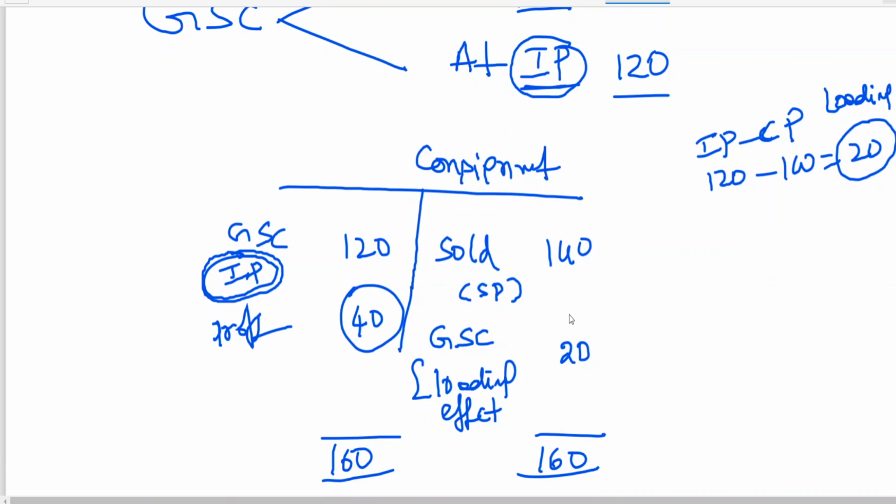Now the second thing is that this loading effect is also to be removed on the closing stock. So we need to remove the loading effect on two things. One is closing stock, the other one is goods sent on consignment. But at the time of sending the goods, to have a uniform entry, generally when you are sending goods at invoice price, we record it at invoice price. Otherwise I will be forgetting. Tomorrow when the discussion is going on, whatever I record, I speak to them at the same price, no?